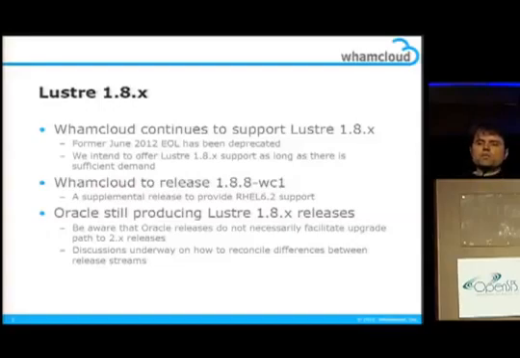Then the next point is that we are actually going to produce a 1.8.8 WC1 release later this quarter. This was not previously scheduled. We did recently announce that we had shifted our designated maintenance release stream to be the 2.1.x code line rather than 1.8.x, and of course Murphy's Law kicked in, and about a week later it came to light that